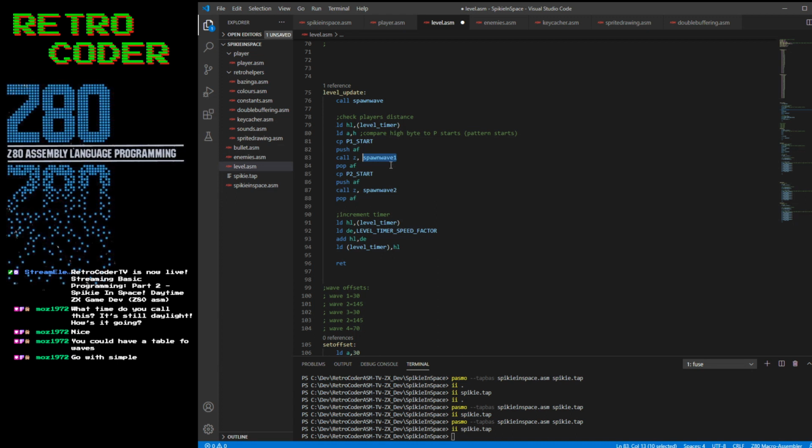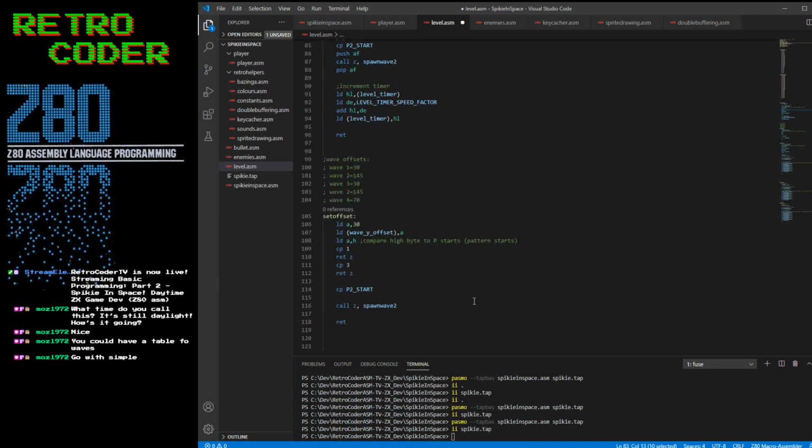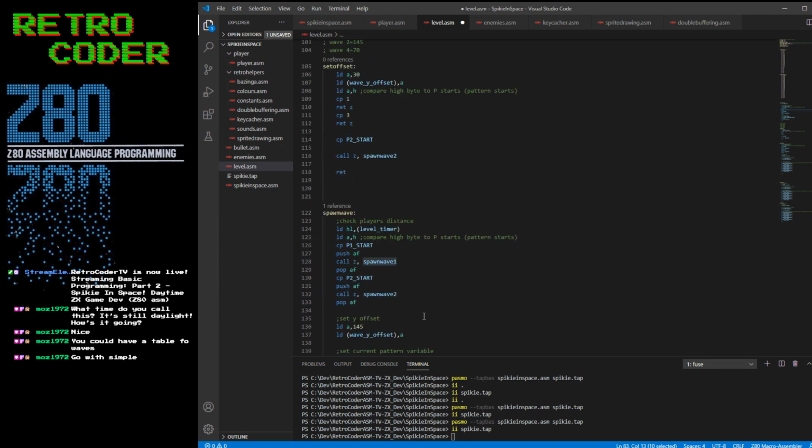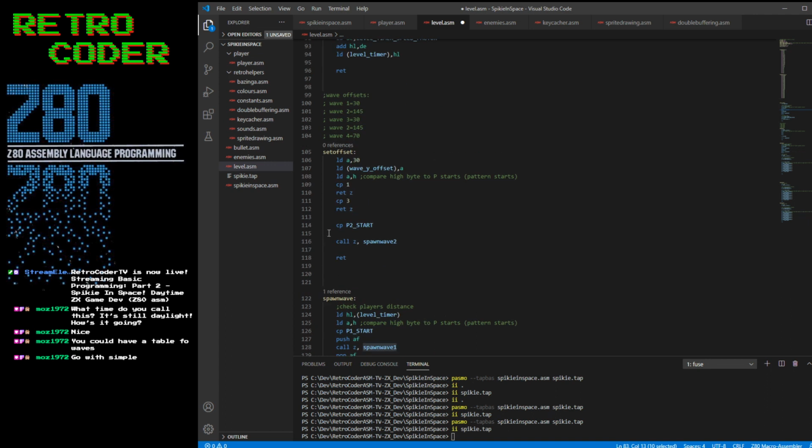The only thing that worries me there is, does it use a lot of data by having all copied routines? I think it probably does add up. So I'm going to go for this routine for now. We're only going to have, like, say 5 different slots to where they can spawn from, and it's not going to be like hundreds of them. So if it's 1 or 3, it's going to stick at 30. And I don't think I need to push pop because it's not going to return if it ain't 1 or 2 or 3. So I think I can just